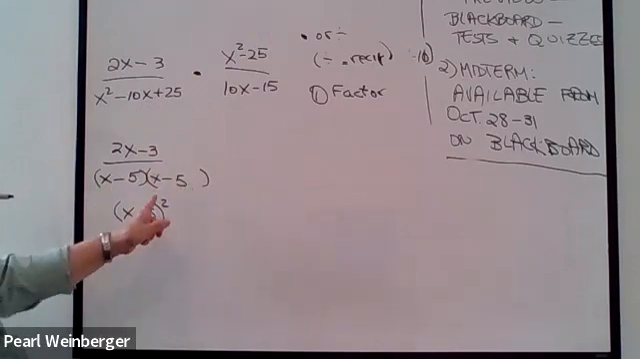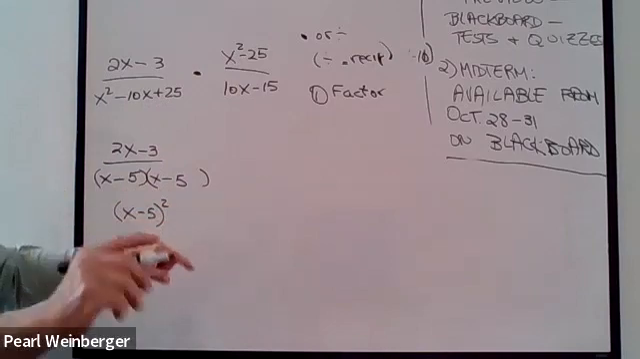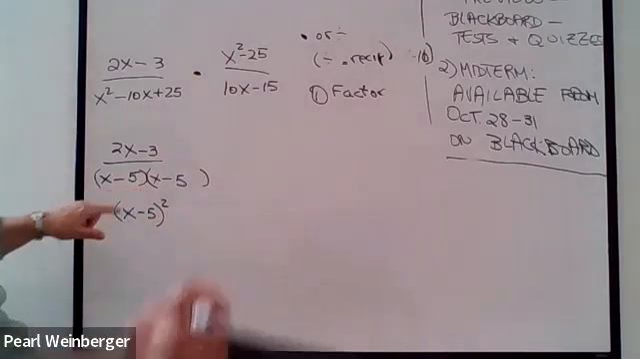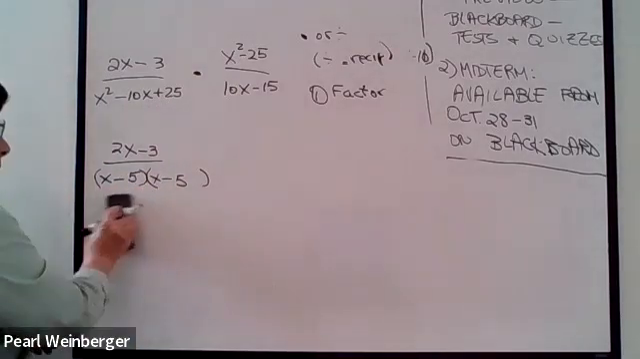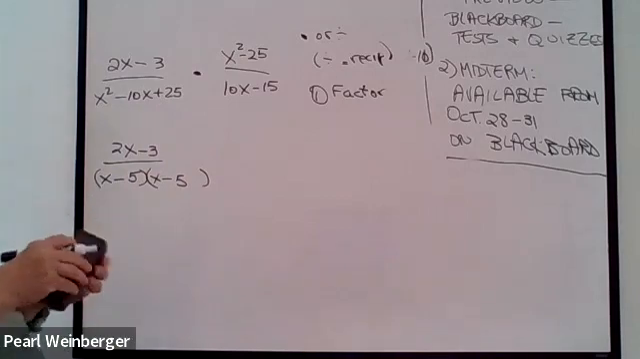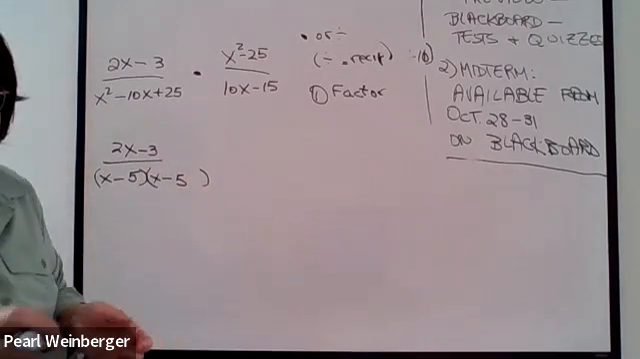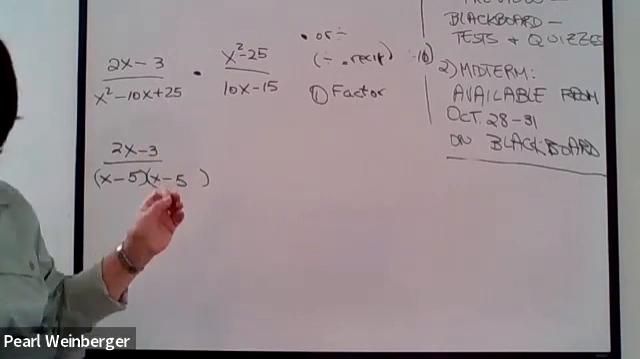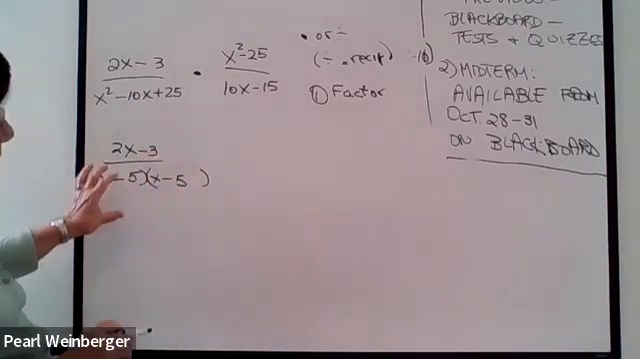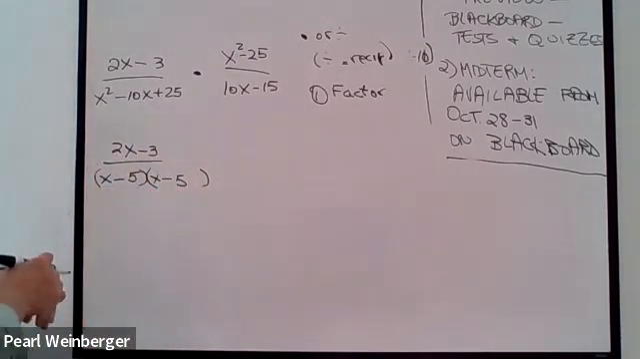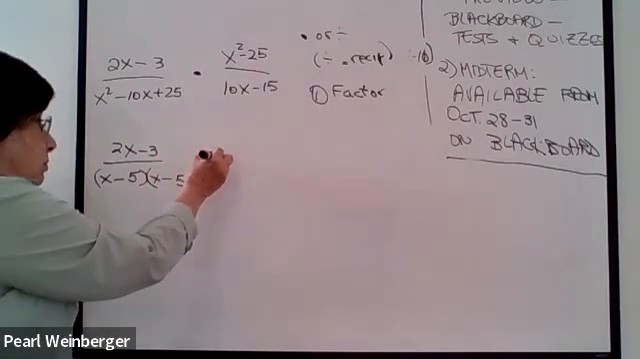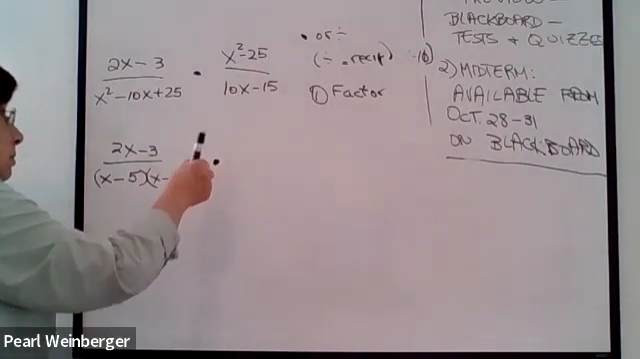You could write it with just a square on the outside. I actually prefer to write it as two separate ones because I want to now, after I do all the factoring, see if I can cancel things out. So it's easier just to keep track of how many you have there. Okay, let's go to the next